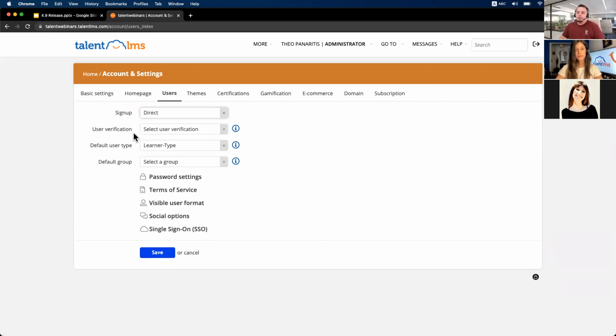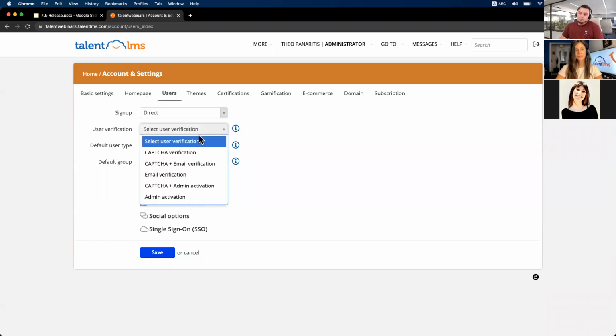We have new verification methods for the users. That way you know that not only do you have the correct user approaching your account, but also the correct user logging in and creating an account, and you can be sure that this is exactly the person that you're aiming to provide the training for. So we have a couple of options now. Before, we had the option to use CAPTCHA. You know, these letters and numbers with a blurry background that sometimes would take a couple of takes to get right. Well, that is a really good verification method that was already here before, as were email verification and admin activation, but